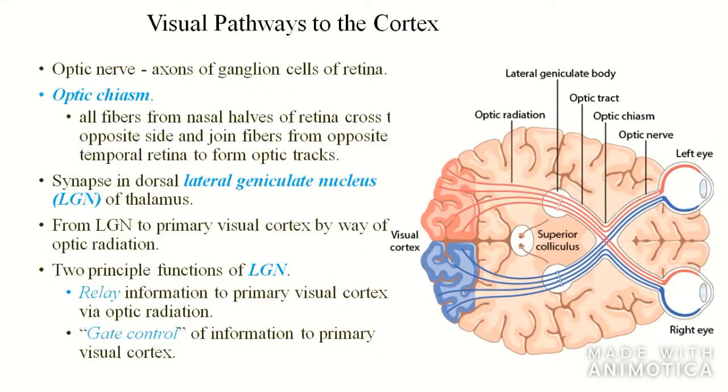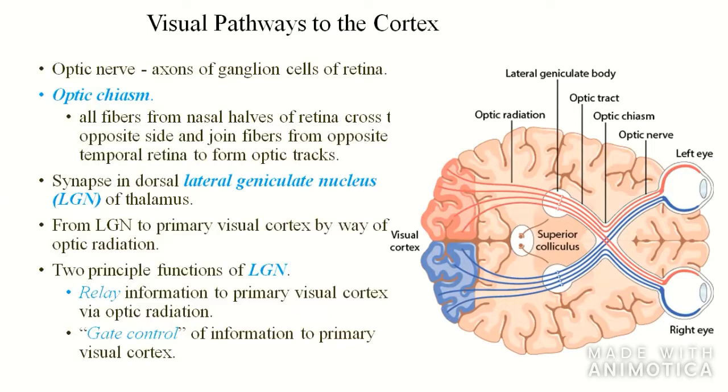Hello everyone. Today we shall discuss the last part of the image formation on cortex. Last time we had discussed the visual pathway and its lesions. Now we come to the remaining part, that is how the image is formed in the cortex. After the impulse passes through the lateral geniculate nucleus, we will now discuss the lateral geniculate nucleus.